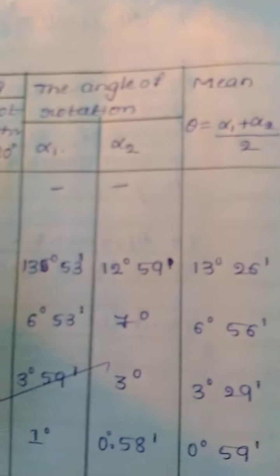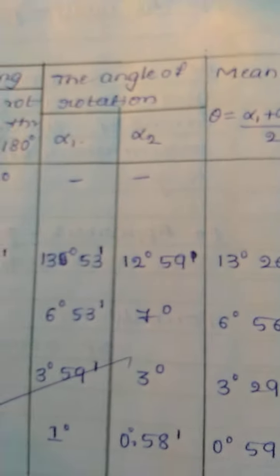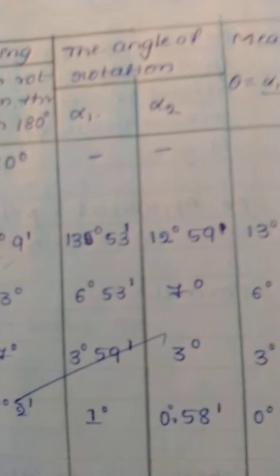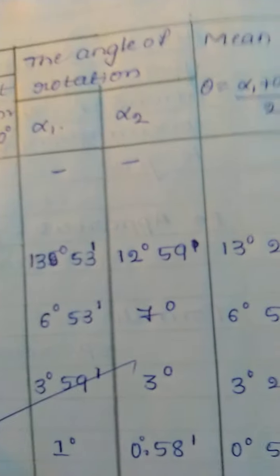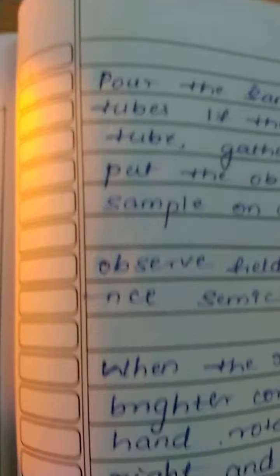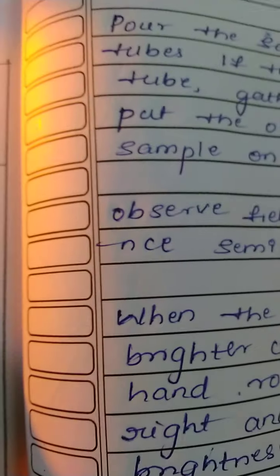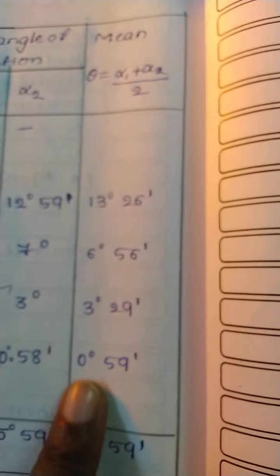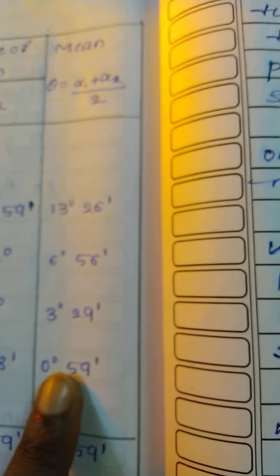See, for distilled water you will not get the angle of rotation, because we can't subtract it from itself. We have subtracted each and every concentration value with the distilled water. So we will get the angle of rotation for the 10%, 5%, 2.5% and 1.25% concentrations. So these are the values we have tabulated, and we have to plot using this.